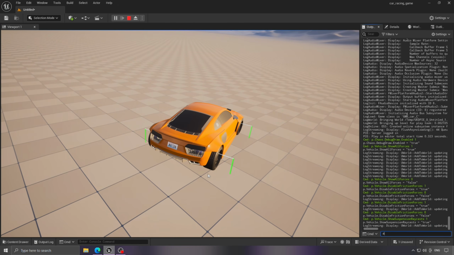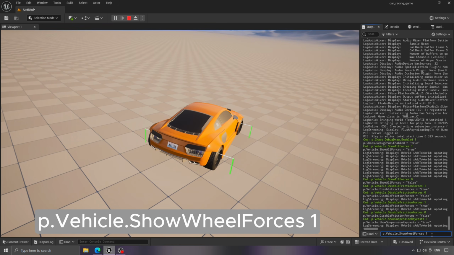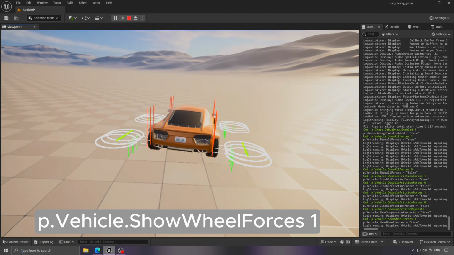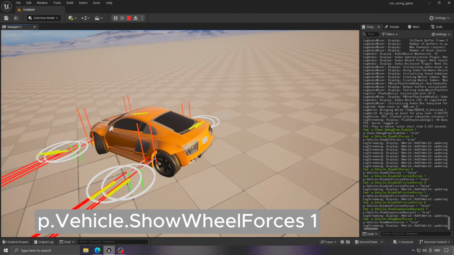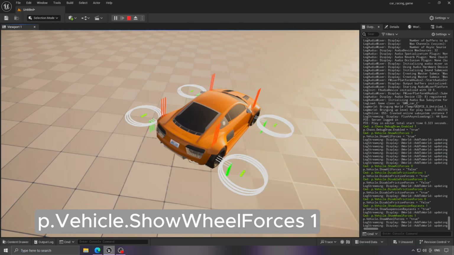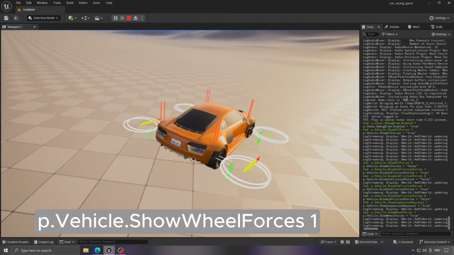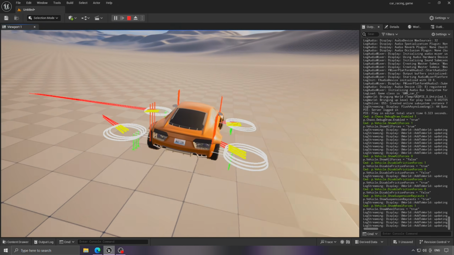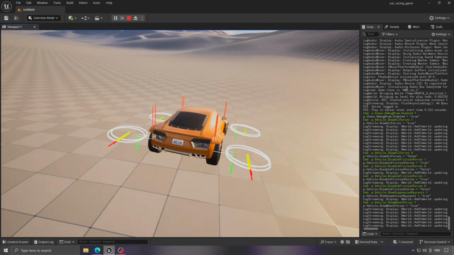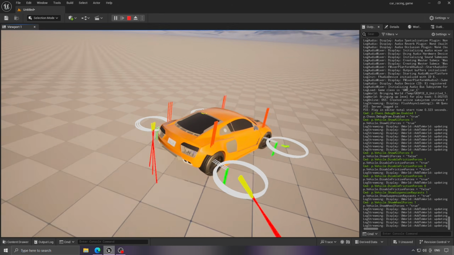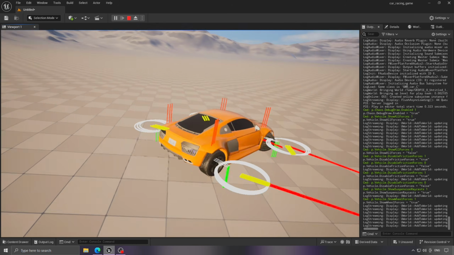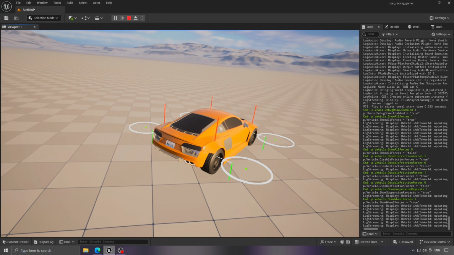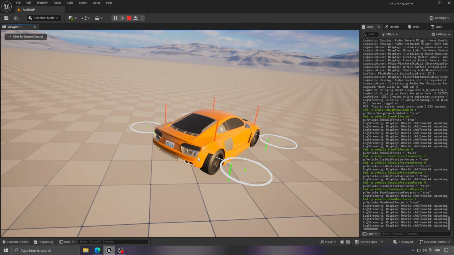After that, p.Vehicle.ShowWheelForces 1. This displays the individual forces applied to each wheel, whether it's driving force or braking force. By observing them, we can detect if one wheel isn't receiving power properly or is getting force in the wrong direction, etc. I consider it important because it saves a lot of time and helps us avoid mistakes before advancing further in our project. And finally, the command I consider the most important one,